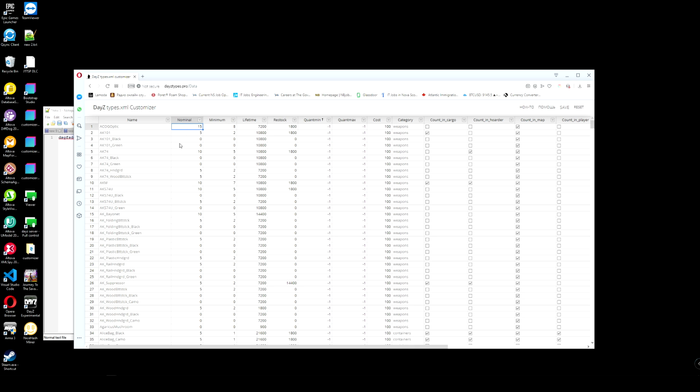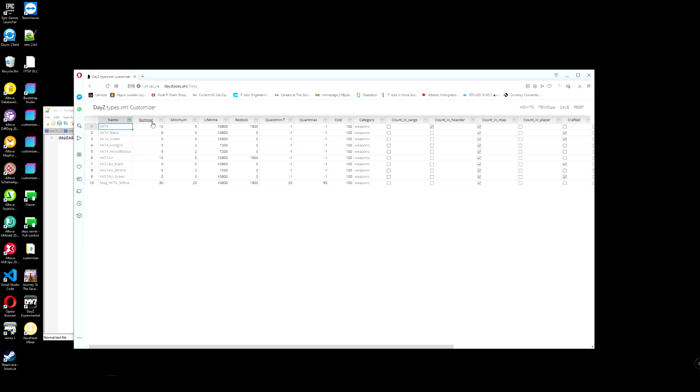For example, let's try something like our AK-74s. We want all AK-74s to be nominal 50 and minimum, for example, 20.